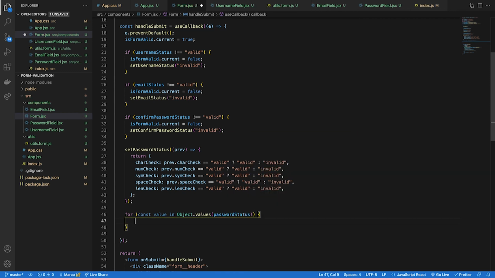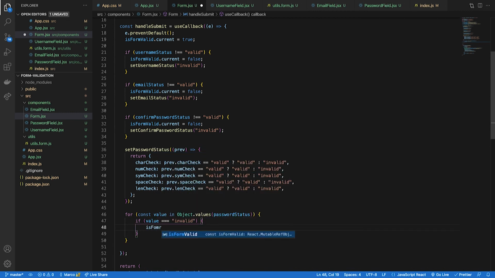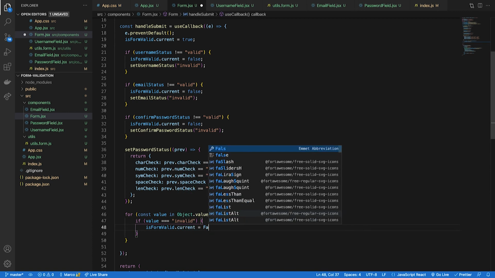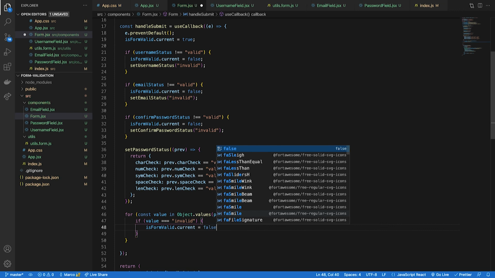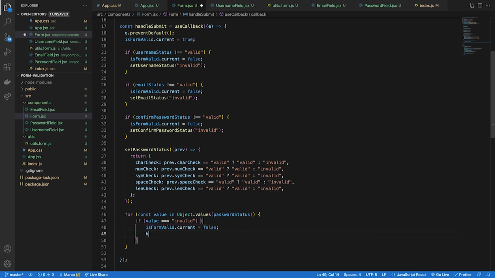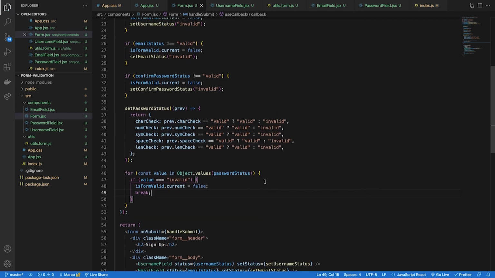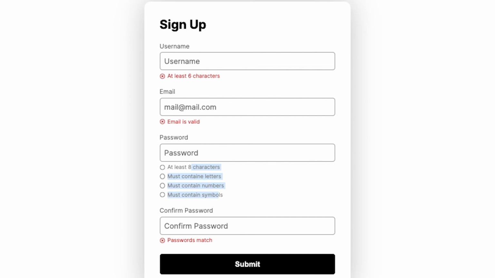Now for each value in the password status, if I encounter just one value that is equal to invalid, and I just need one, I'm gonna set the isFormValid.current to false, like this. And I'm gonna break, so I don't need to loop through anything else. Now we have everything. And if I reload this, I can see